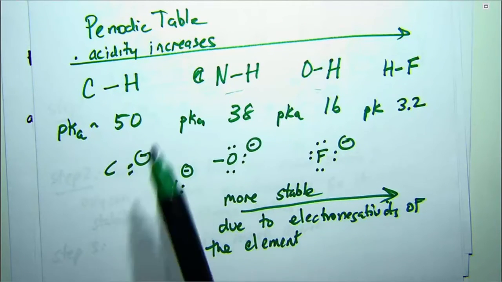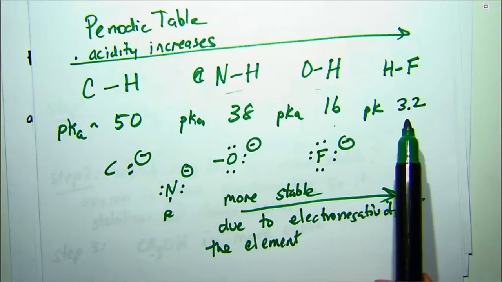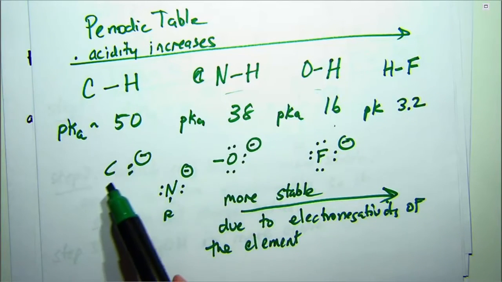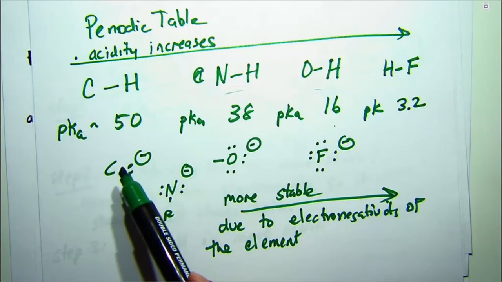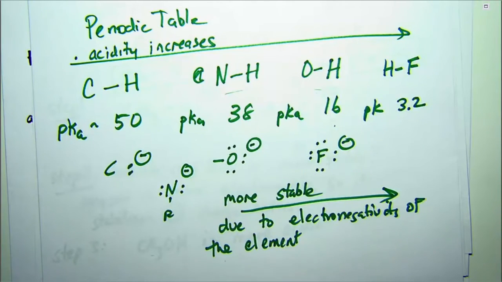But what you guys can see here is I drew out the pKa's, so 50, 38, 16, 3.2. And then I drew out the conjugate bases, so C minus, N minus, O minus, F minus. And these conjugate bases become more stable going across the periodic table towards F minus, due purely to electronegativity. Okay, so the elemental effect is a super powerful way to compare two acids if the proton's connected to a different element. Okay, so that's section